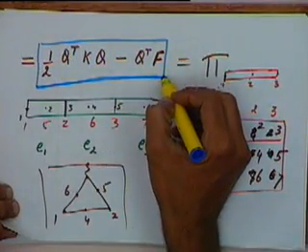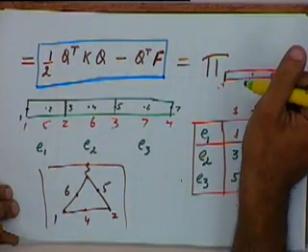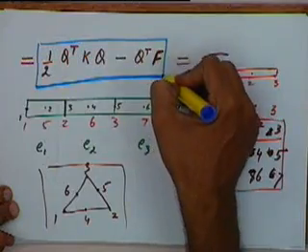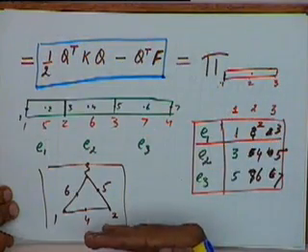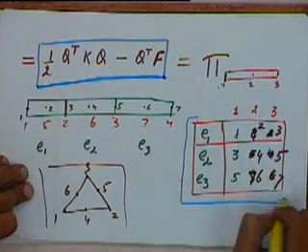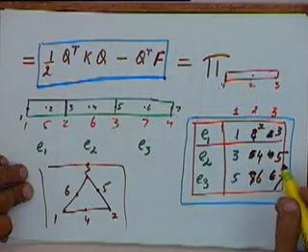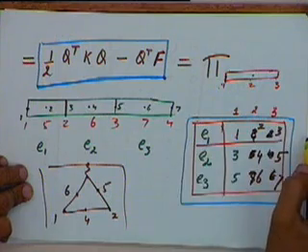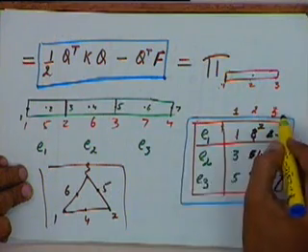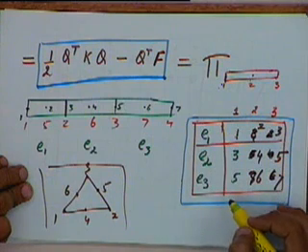Eventually, any type of element or any type of finite element formulation we choose, we will try to get the same formulation and then use the same method that we have discussed already, whether it is two-dimensional elements or three-dimensional elements. Our potential energy expression will be the same, and the method of solving it will remain the same. The only thing that will change will be this matrix. That means the elements will have a different number of nodes, a different kind of local numbering and a global numbering.